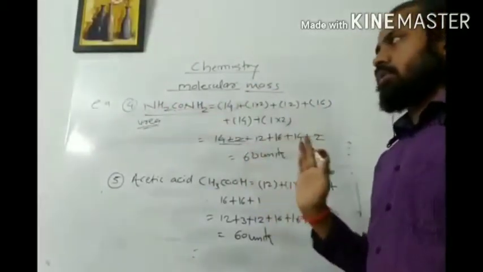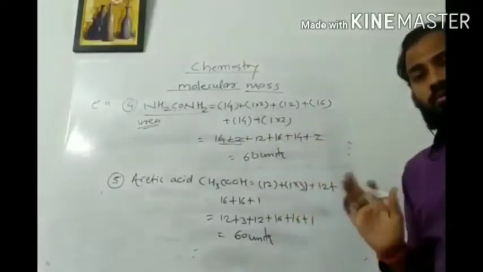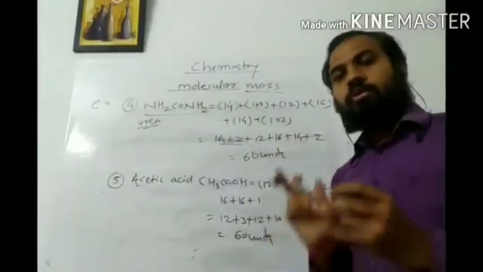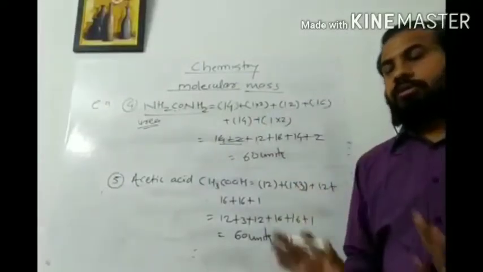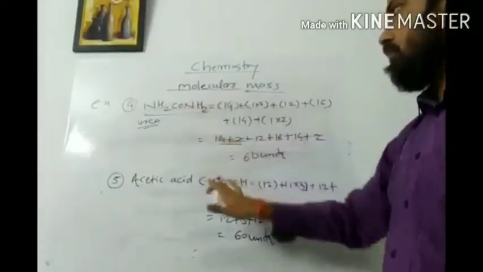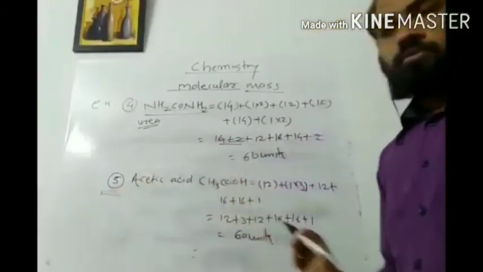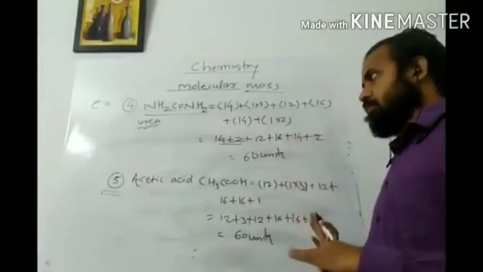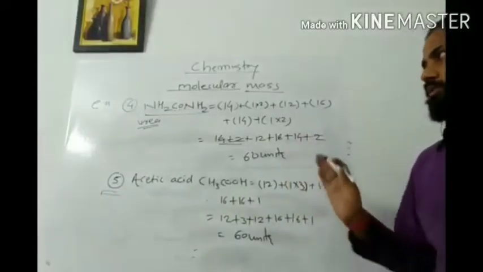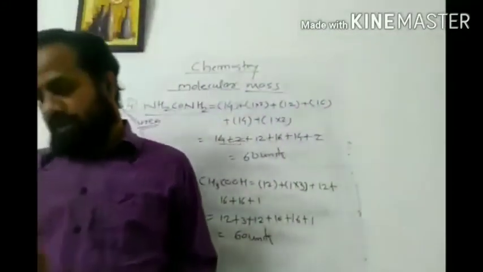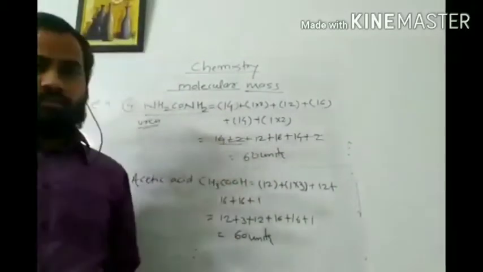Sum total of all the atoms present in a molecule is nothing but the molecular mass, and this is how we can easily calculate. So I have given you a total of 5 examples, with the help of which you can easily understand this concept. Then after this we are going to discuss the next term which is correlated with this,